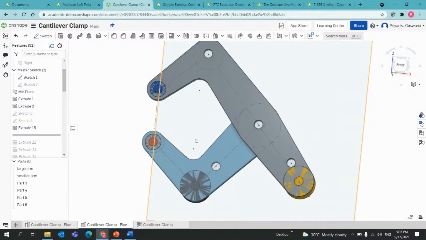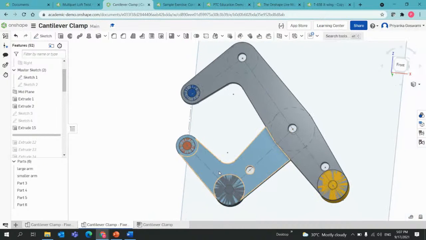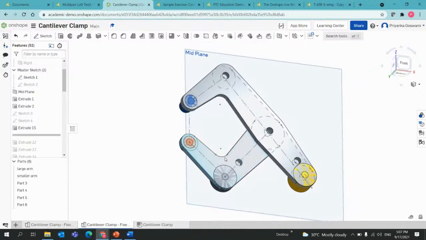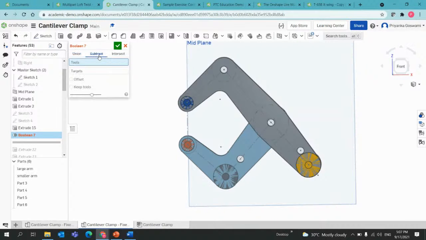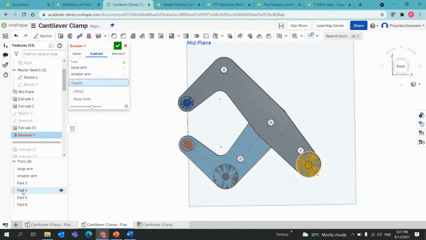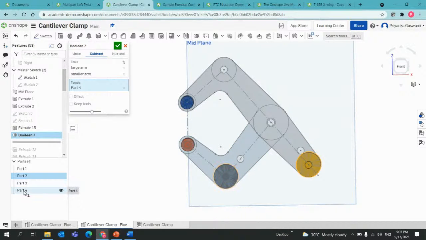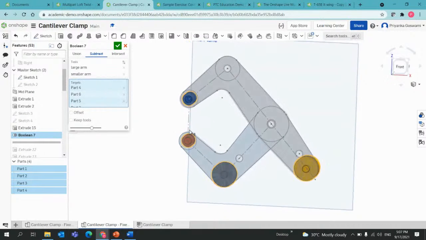Also, you do see that these are overlapping my main profiles of the large arm and the smaller arm. So for that sake, I don't want to take the diameter of the large arm and then have it set to the large arm pin. So I don't want that. For that, I will simply use the Boolean option here. I will subtract. The tools which I want to take are my large arm and the small arm, right? And I will also target these 4 pins, right? So you see,